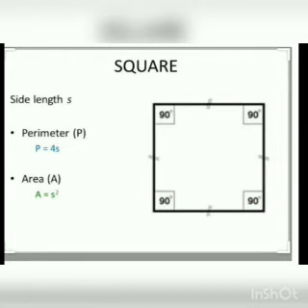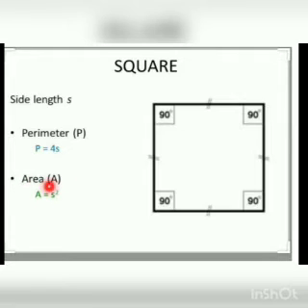So we can see what is the perimeter. Adding up all the sides. So S plus S plus S plus S. Adding S how many times? 4 times, isn't it? So in short we can say perimeter is equal to 4S. What is this S? Side. So in other words you can say perimeter is equal to 4 into side or 4S.